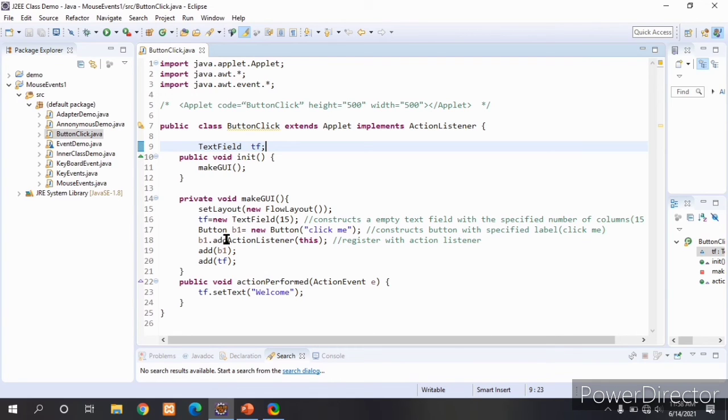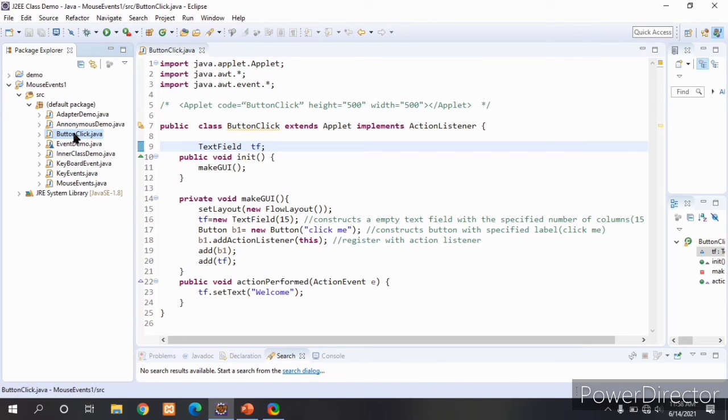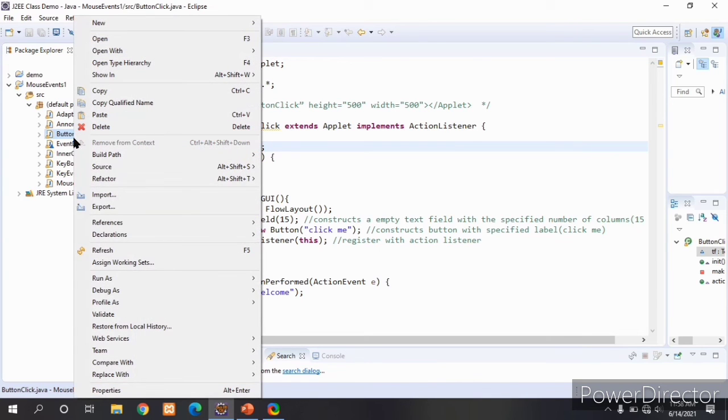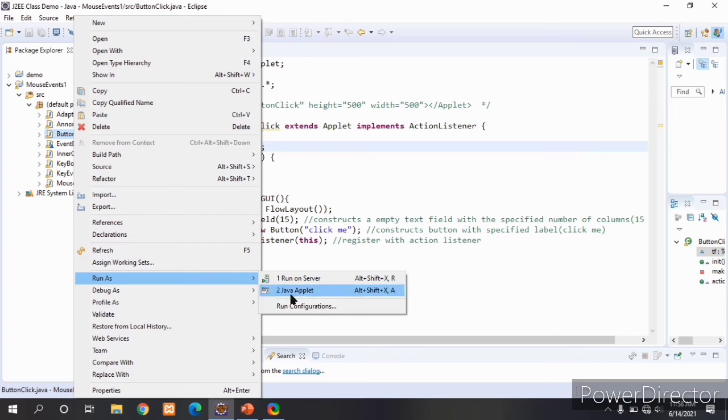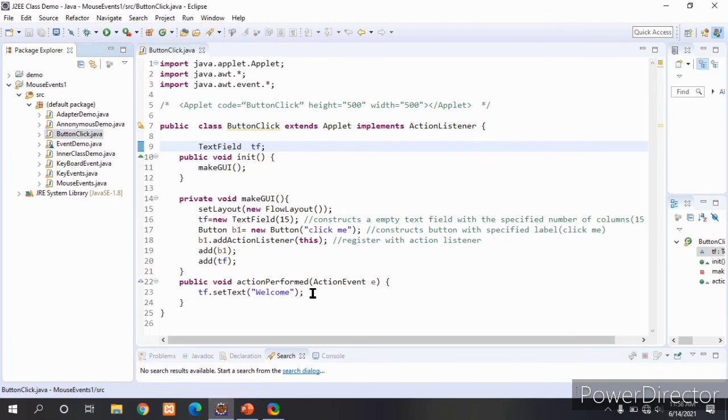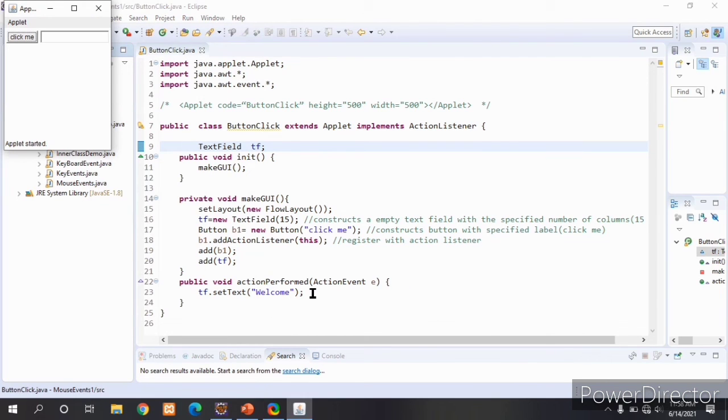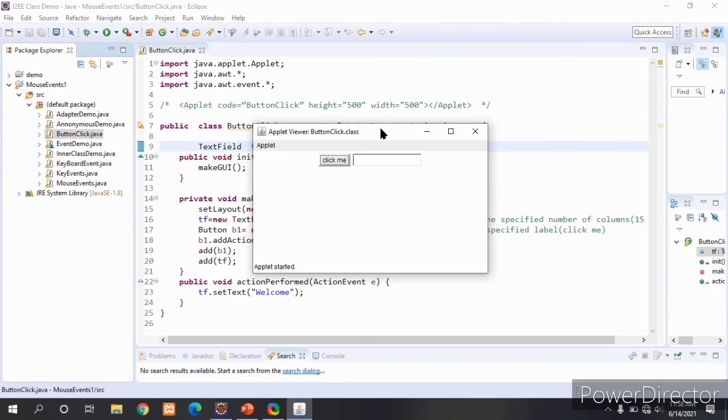Now we are going to run this. To run an applet, right click on this, click run as, click on Java applet. See, this is your output.